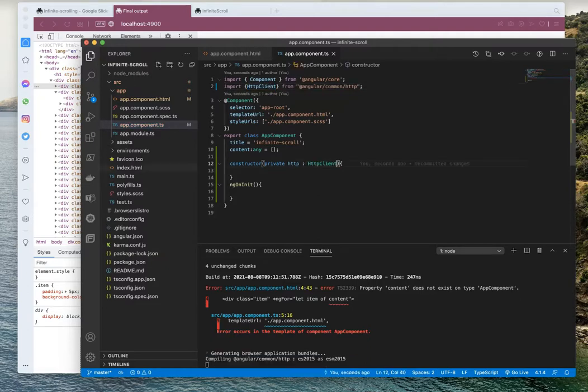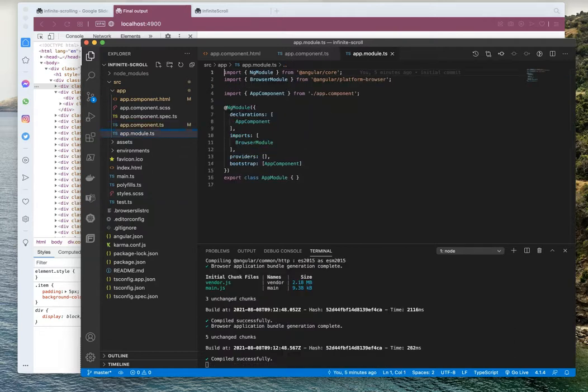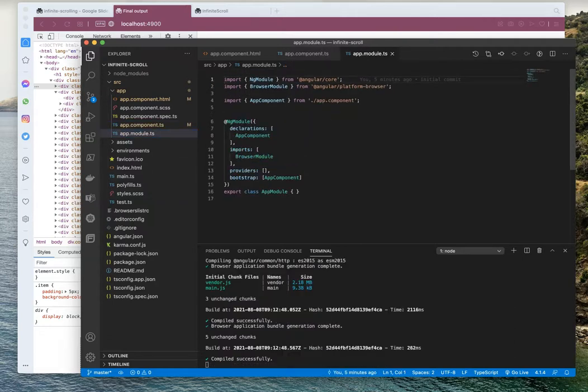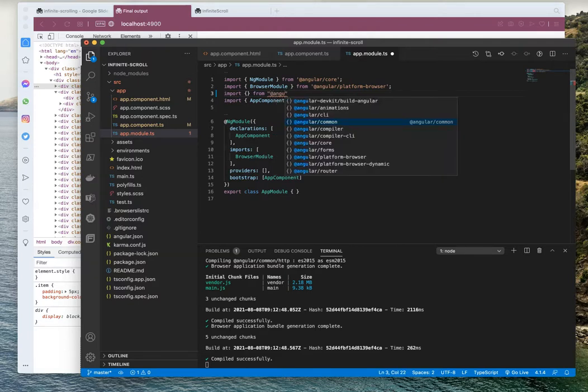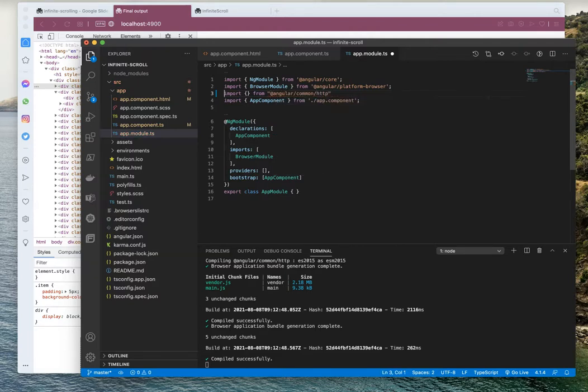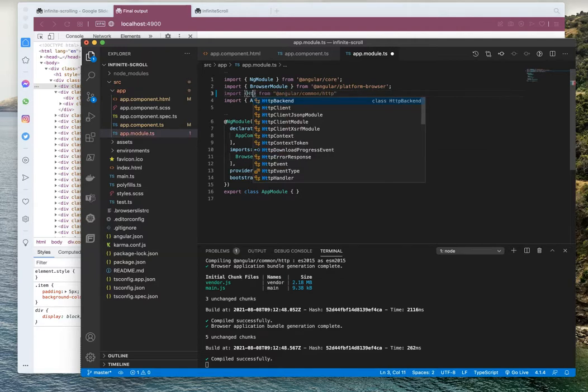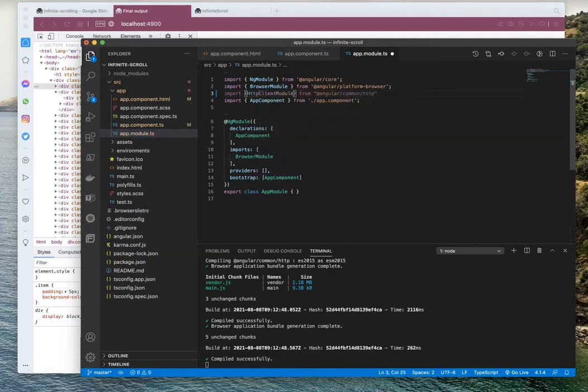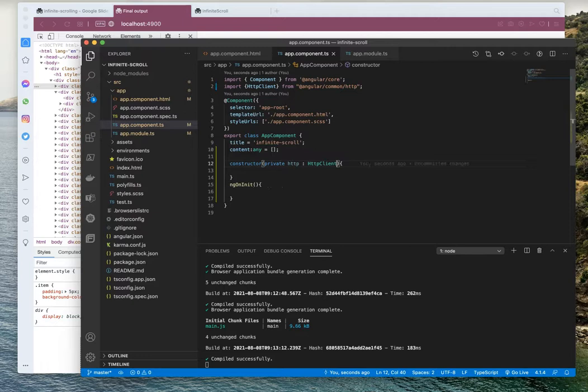Before that, we have to add the HTTP module in our app.module.ts file. We have to import the HttpClientModule in order to unlock our HTTP client.